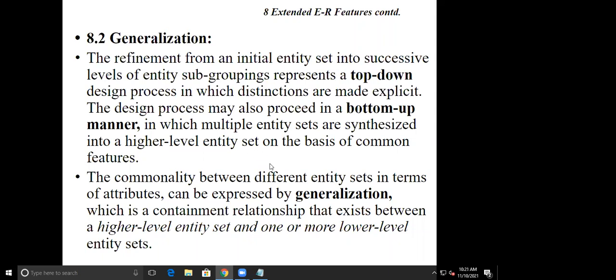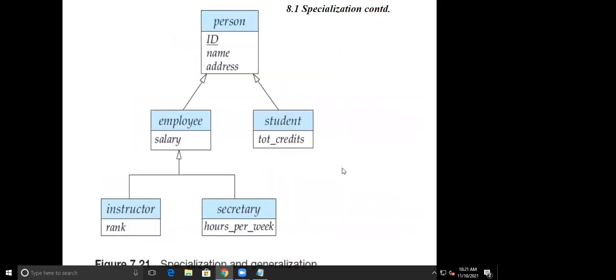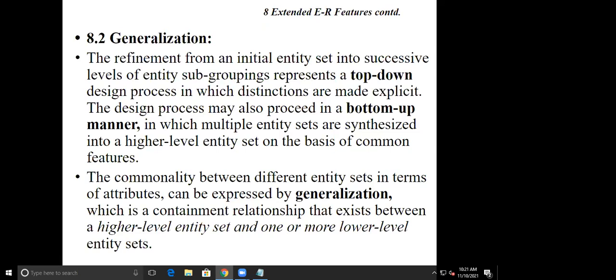So with common features, whatever our entities are, we will be finding the common features within them, and then we will be combining this into a general structure or general entity.